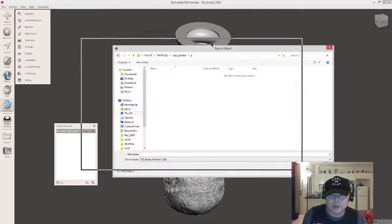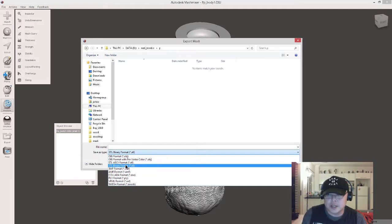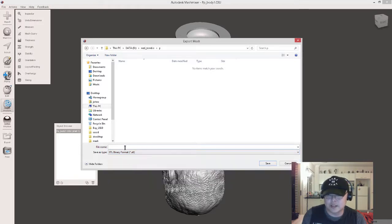What you want to export as, the format you want to export as, say to get your file into Chitterbox, is you want to select STL binary format. Don't choose STL ASCII format because that takes forever to save. It's like 4 or 5 times longer than the binary format, and the file size is like 3 times bigger. So just make sure you choose the STL binary format and give it a name,